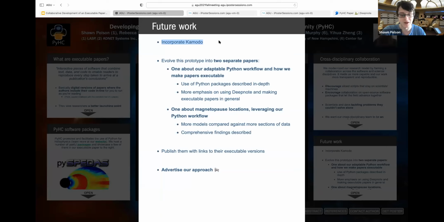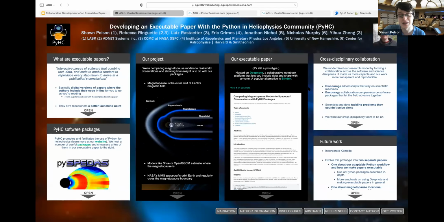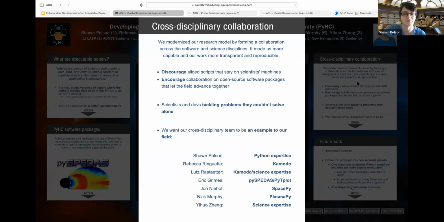My full-time job here at LASP is going to be incorporating Komodo into this notebook starting in just a few days. So I am getting to that. Something we really wanted to highlight with this presentation was, you know, we're doing this in a really